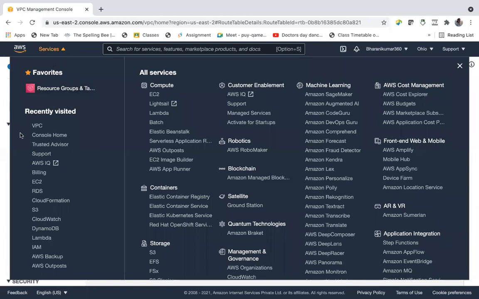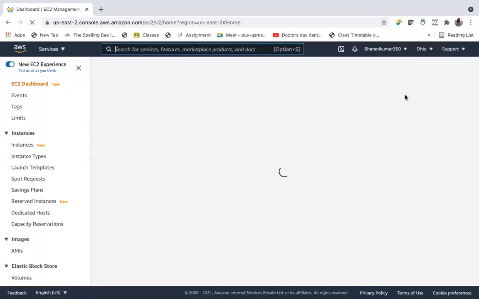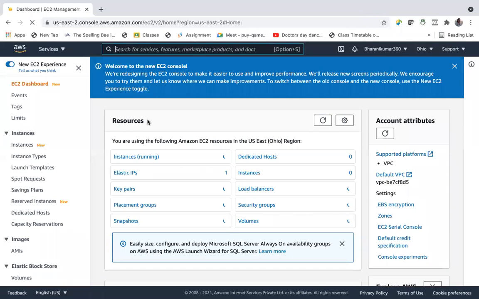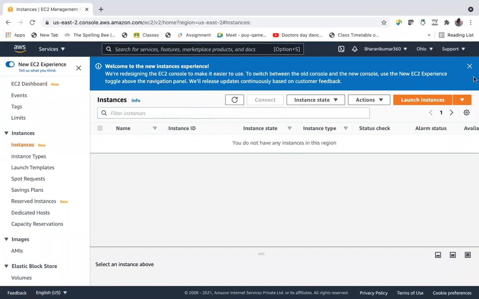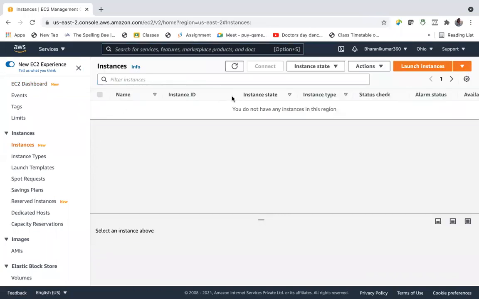Okay, we will go to EC2. And here let us launch EC2, one in public and another one in private.